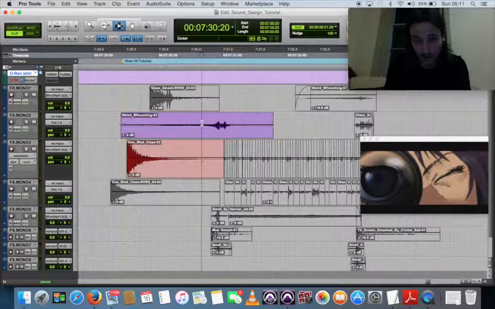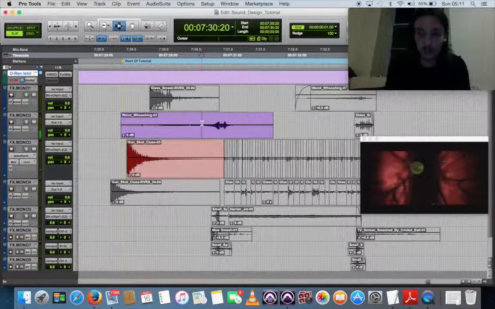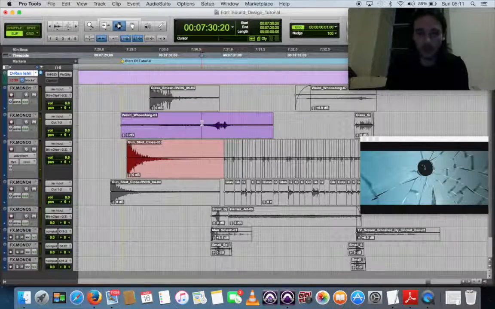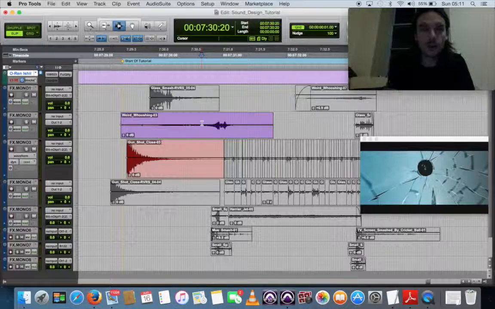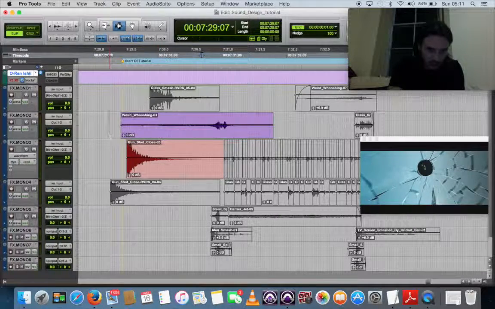Secondly, there is a little splash, a little plop in the water. That's just because when the bullet enters, the skull is wet, so we want to simulate that. We want to give the viewer that wet feeling. So I thought that would be the perfect sound for that. So the next aspect